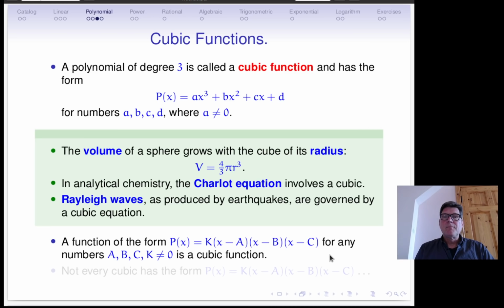Some cubic functions can be written in this form. Not every cubic function has this form, but as for the quadratics, it's a useful way to write this function, and that's illustrated in the following example,